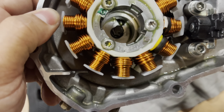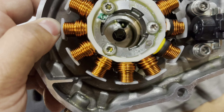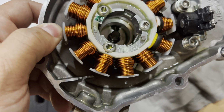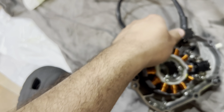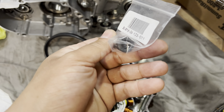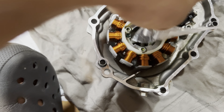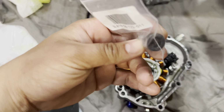The only thing about this is that it has a male hex drive spud, and usually on those 4-cylinder bikes, they have internally threaded cranks. So generally you would swap out your crank bolt with something like this. You can see how this is an Allen key, and this Allen key would basically plug onto this bolt right here and essentially drive it. The only thing with that is on the YZ stuff, grab this crank,